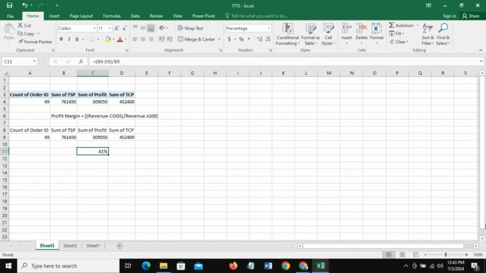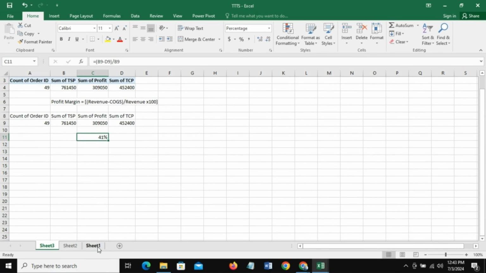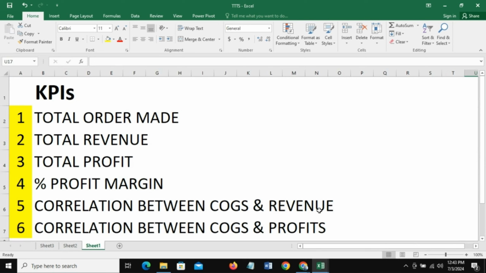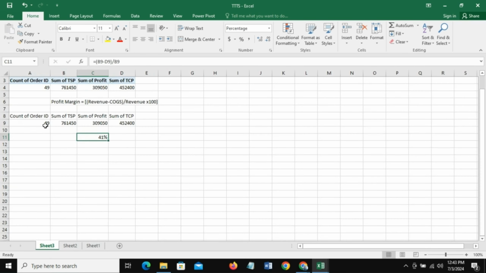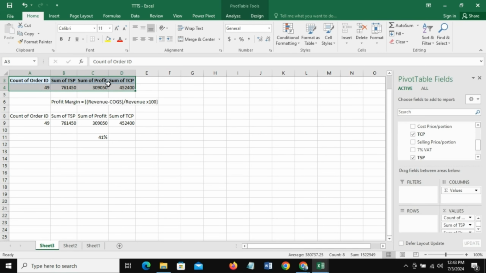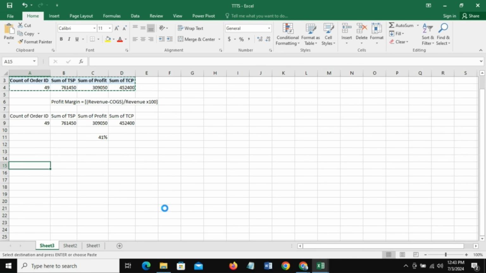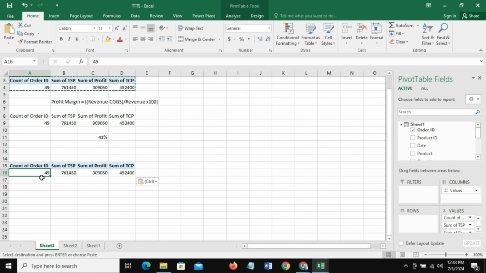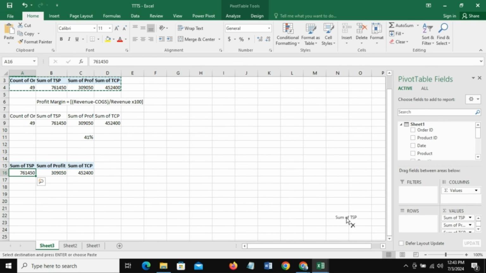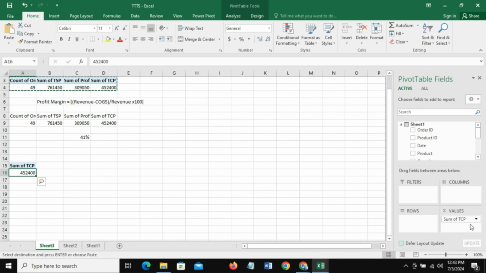Okay, so we can now move into finding the correlation between cost of goods and revenue, and the correlation between cost of goods and profit. For that, we're going to again use a pivot table. So I'm just going to copy this, Ctrl C, and paste it down here, Ctrl V, because I'm going to use the same. But if you want to do away with a value here, you simply click on it and remove it. So I'm going to click on this and remove it, bring it out, click on this out, remove this,